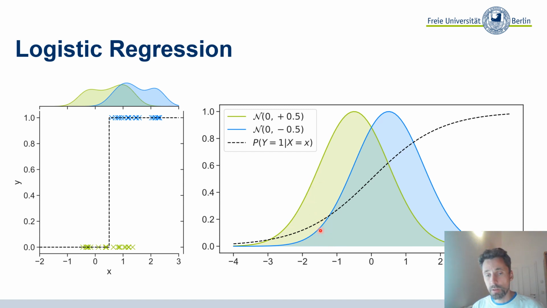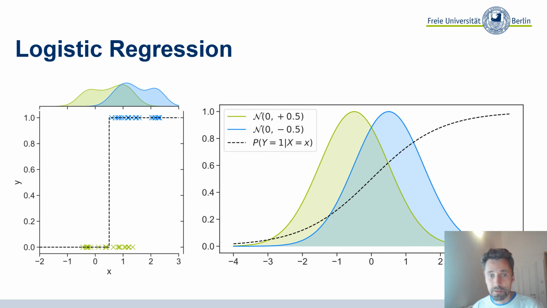So it could be either this or this. And so if we look at exactly this expression, the probability as measured by the Gaussian divided by the sum of both, then we get this nice